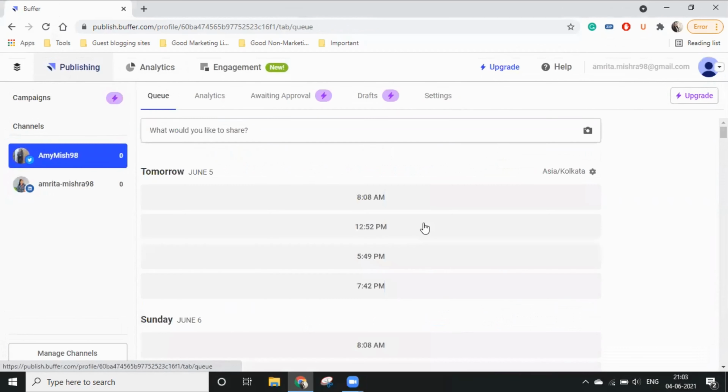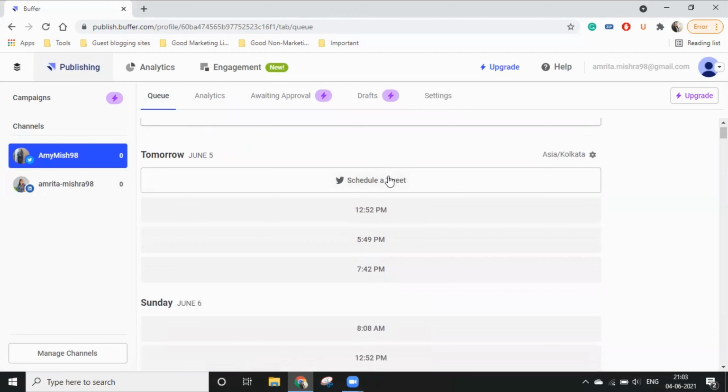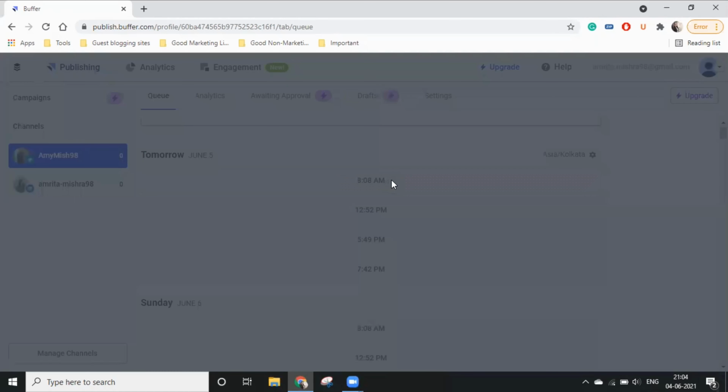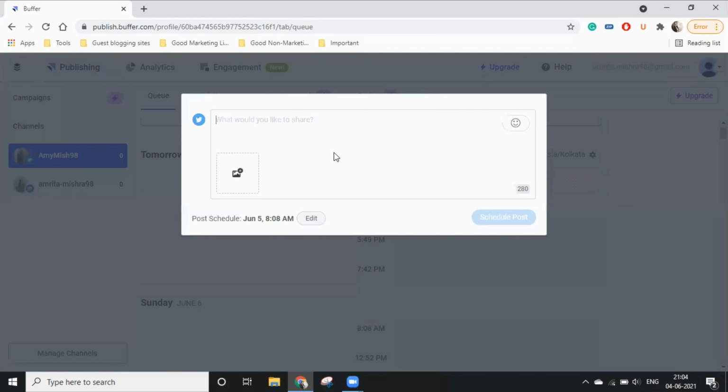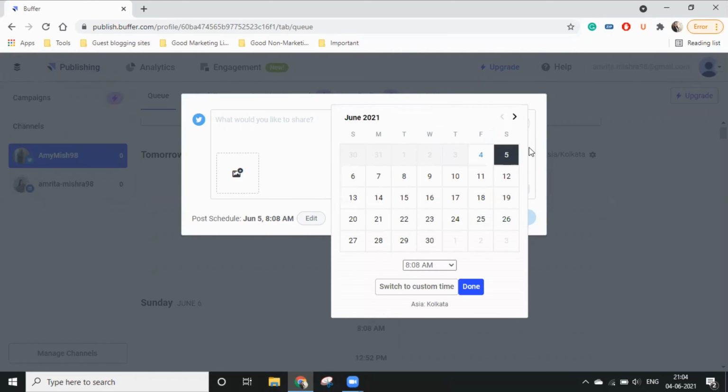So let's get back to the queue tab, and we can schedule a tweet for tomorrow. Let me think of what we can schedule. You can either edit the post times from the settings tab, or if you want to do it for one particular day and time, you can edit the day and the time here.